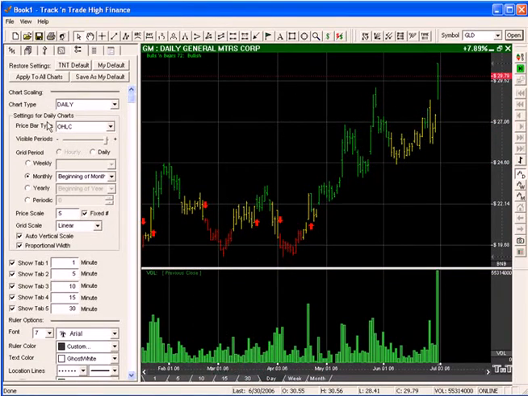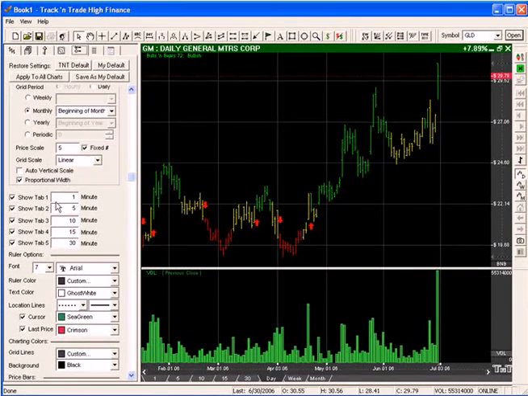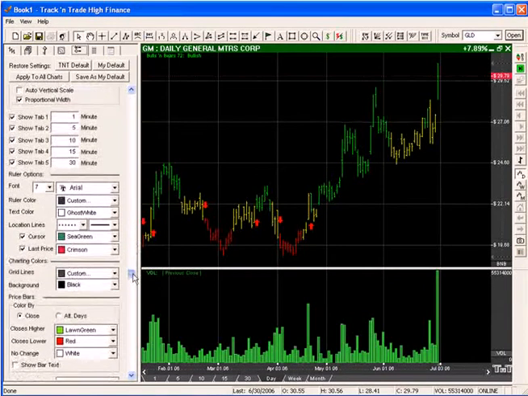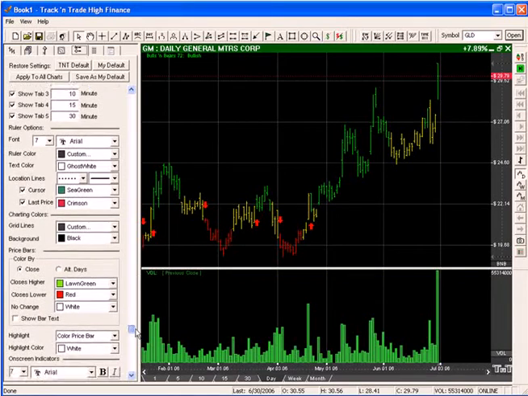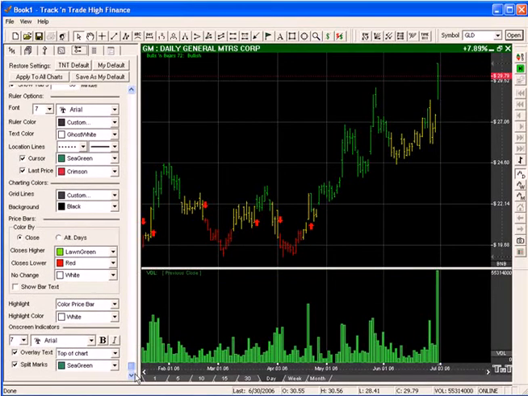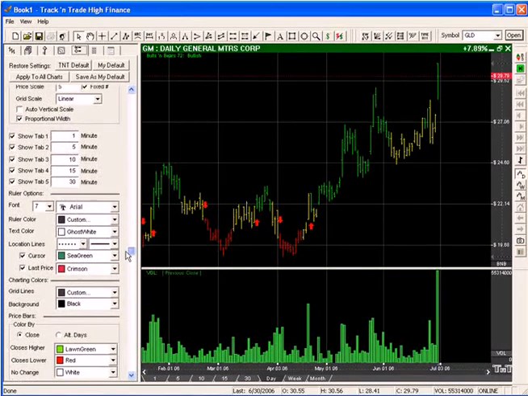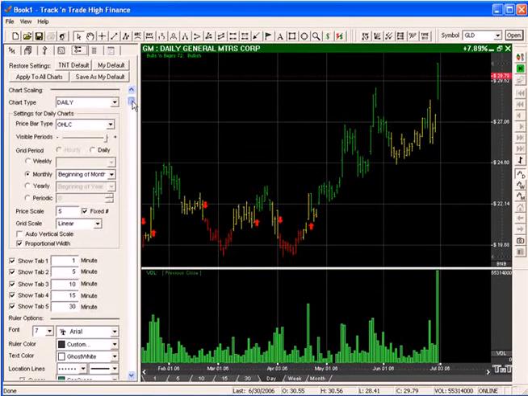This is where we go through and we do all the different settings, like the weekly settings, what we want the charts to look like, where we set the number of minutes for the intraday tabs. This is where we set the colors for the rulers and the charting colors and the price bar colors. This is mostly our color settings and our initial default settings. Once we have that set up the way we want it, we just hit Save as Default, and that saves our changes the way we want it, and any chart we open up from that point forward will have that